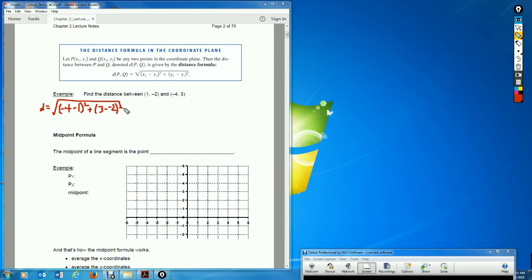Quantity squared. Okay. So that's going to be the square root of, so -4 minus 1 would be -5. -5 squared is 25. And then plus 3 minus a -2, it turns into 3 plus 2. So that's again 5 squared, so 25. All right, so square root of 50